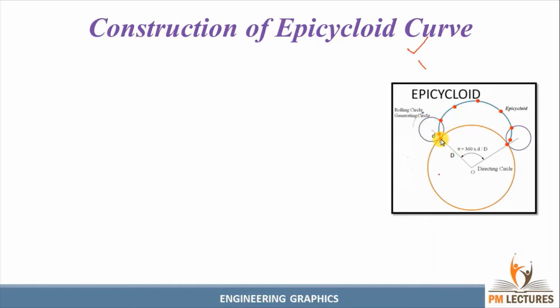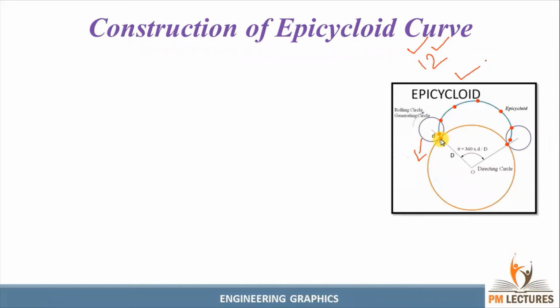And the second step, we need to identify whether the circle rolls outside the surface of the larger diameter. We need to verify it. If the statement says outside, or if the small circle is rolling outside the circumference of the larger circle, and the second condition is also verified, then you can say it is an epicycloid.